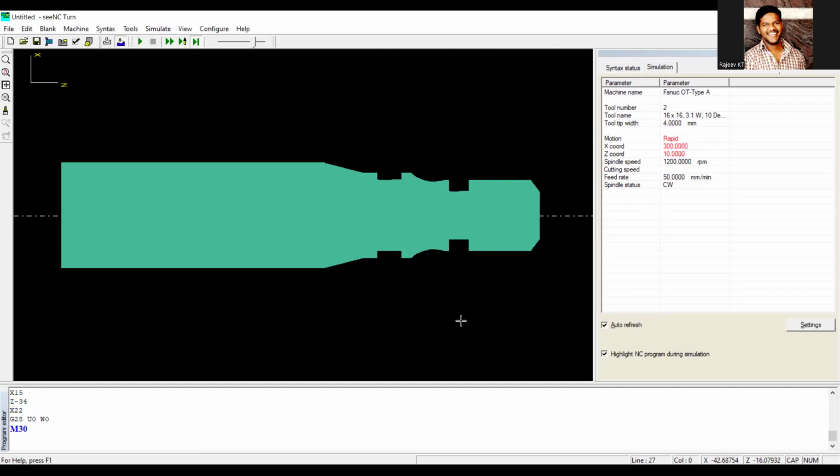So why I have taken the width of the tip as 4 is that the width of this groove is 4 mm and the width of this groove is 5 mm. We have to take the lesser width, because in one stretch itself I can remove this one. Then in this case, I have removed material up to this point. Then I give Z in 1 mm direction. Okay, and it will remove 5 mm here. So this is how we can perform